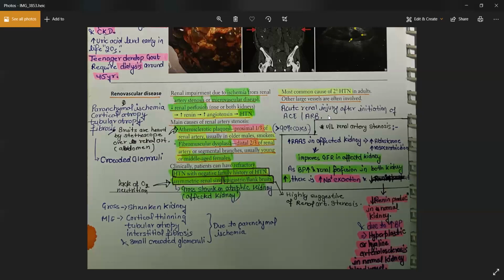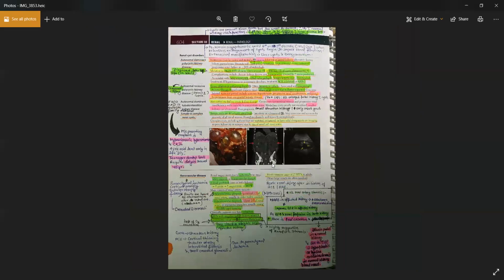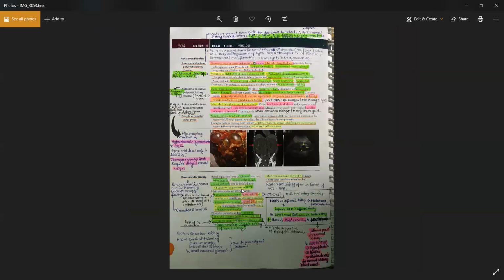Treatment, of course: you can give the patient ACE inhibitors and ARBs. NSAIDs must be avoided in the patient because NSAIDs will further decrease renal perfusion and can also cause intrinsic renal failure. In the affected kidney, you have pre-renal azotemia. In the normal kidney, everything is absolutely normal, so in the affected kidney, pre-renal azotemia, while the normal kidney is overloaded now. So that's about renovascular disease. Any doubt, please ask.